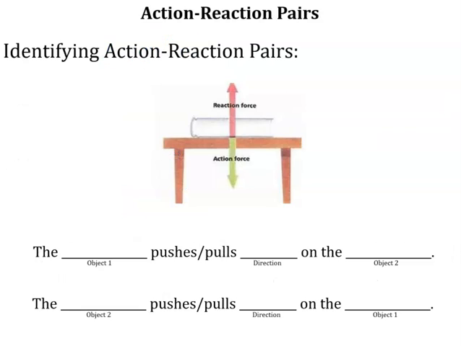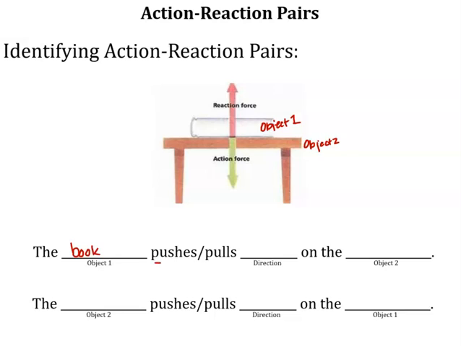When we are trying to identify action-reaction pairs, we can use a specific format, and when you do your homework, you want to use this exact same format. We write object 1 first. If I have a book sitting on a table, I'm going to call the book object 1, and the table is going to be object 2. When I write out my action-reaction pairs, object 1 is the book. So the book